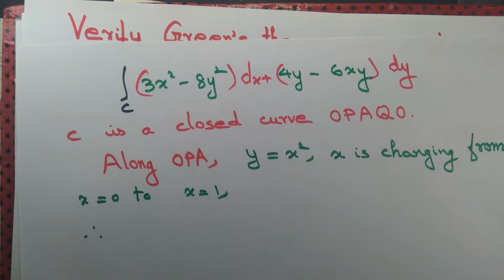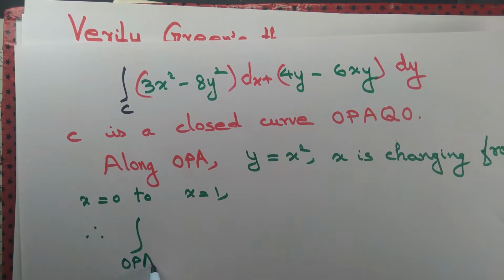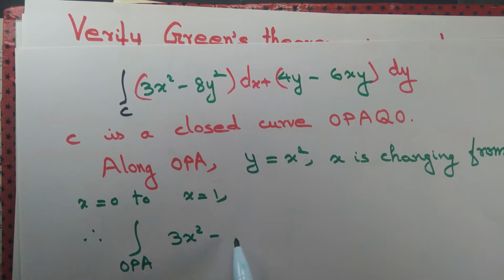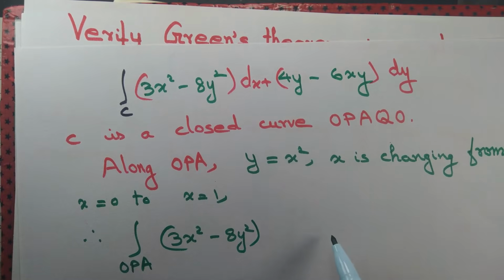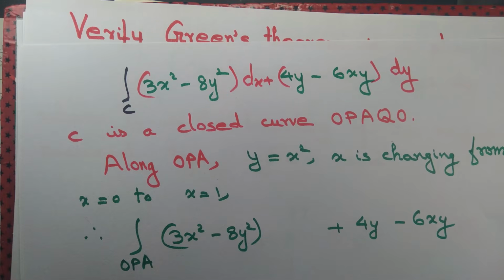Therefore, the integral along OPA of 3x square minus 8y square dx plus 4y minus 6xy dy